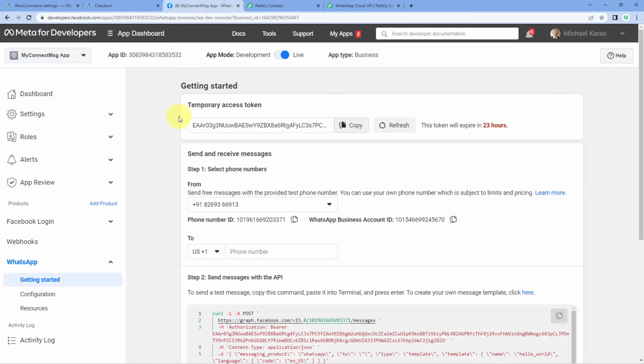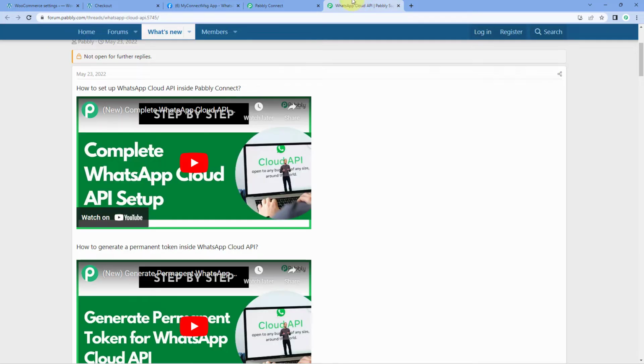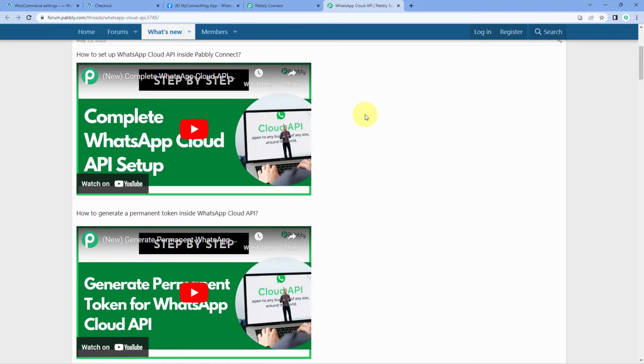So the token which we get on this app dashboard page is a temporary access token. This means this token will expire every 23 hours or 24 hours. But don't worry guys, there is a way by which you can generate a permanent access token which is never going to expire. So by clicking on this hyperlink, you have reached this page,